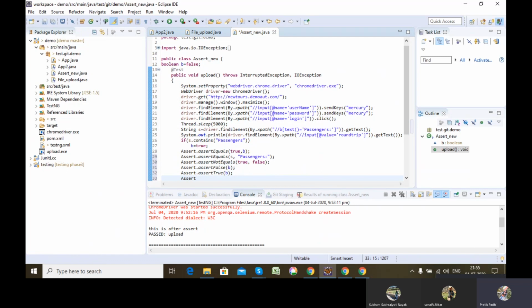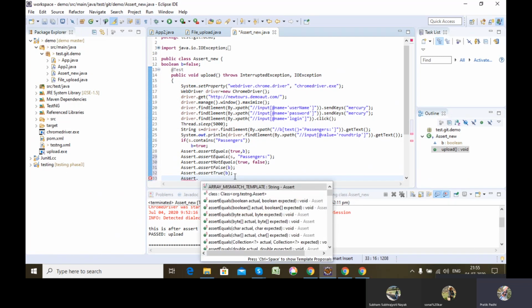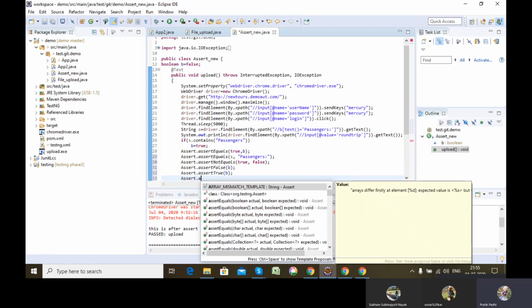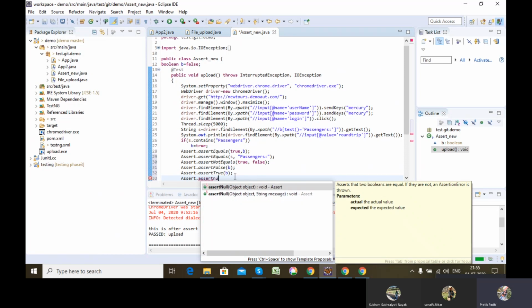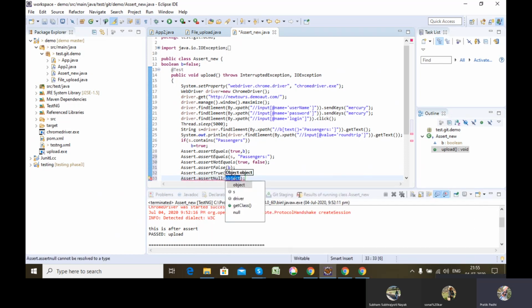Similarly, let's say, for example, S which I am passing as the string, if its value is null, meaning nothing, the way that for this round trip we didn't retrieve any value, so the value is null. If I had passed it here, then the test case would have passed, because it checked that the argument which I'm using has a null value. So if it has a null value, then it will pass.